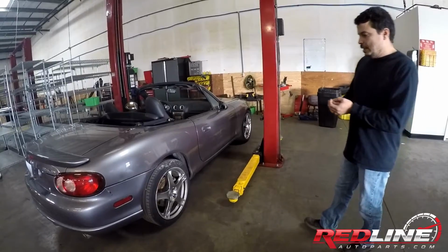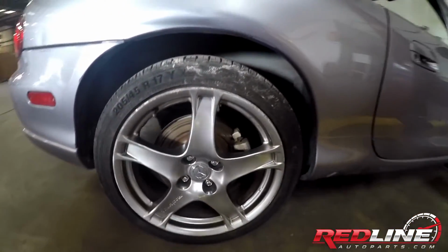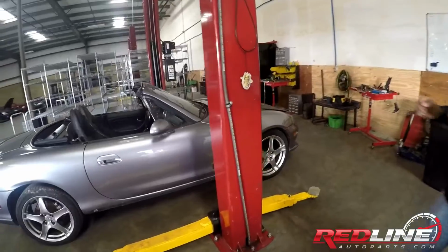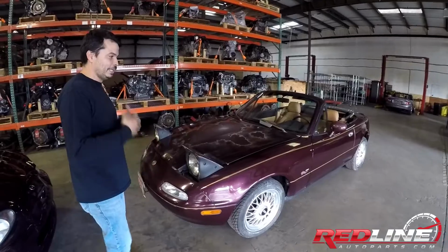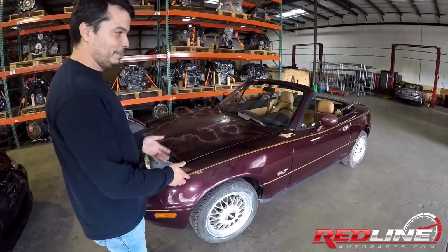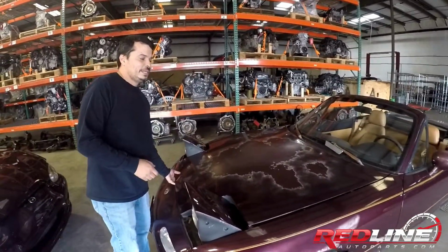Now, in addition to that, this car also comes equipped with the sport brakes, which are the bigger brakes front and rear. We already checked the BBS wheels fit over those. We'll be using those. Also, the Mazda Speed sway bars, and maybe a couple other tidbits here and there from it. So, end goal with this car is, in my opinion, this is the most beautiful NA Miata there was. The 95M with the Merlot color, the tan interior with the BBS wheels. We want to preserve all of that, but we also want to upgrade it to make it a little bit more current and